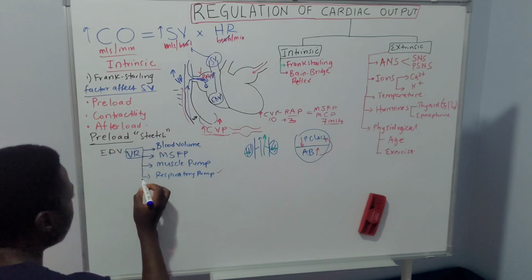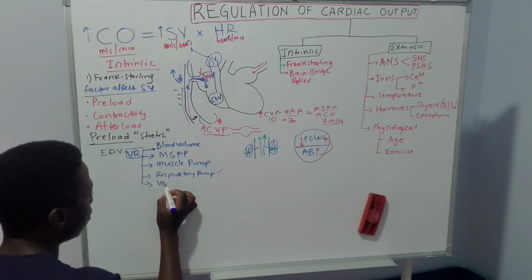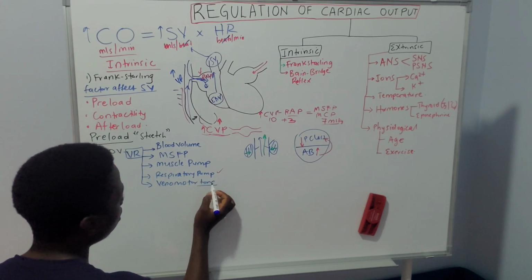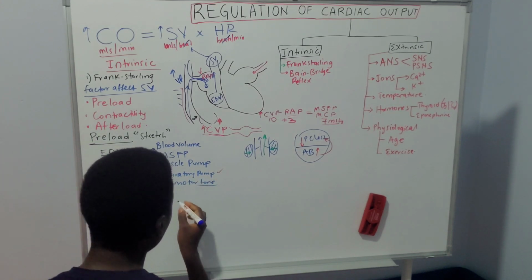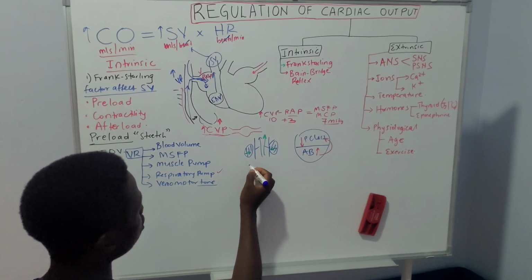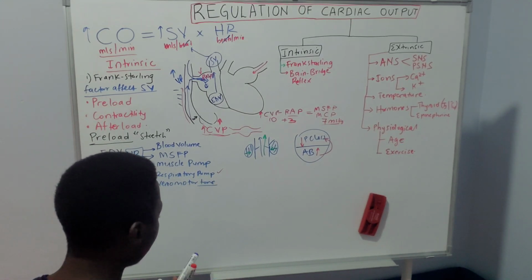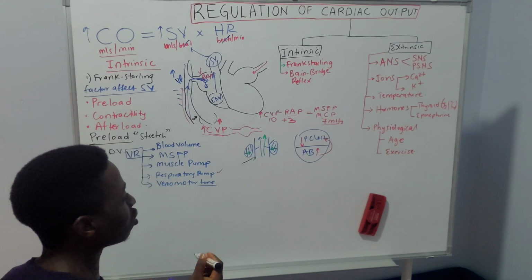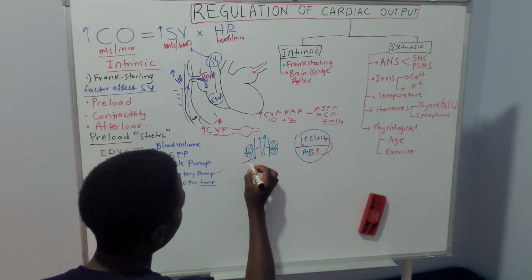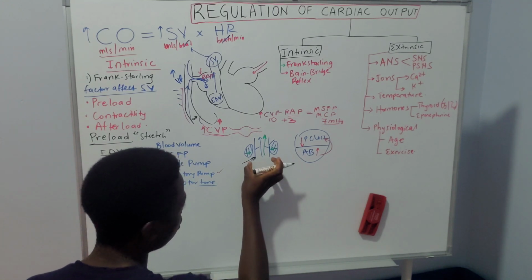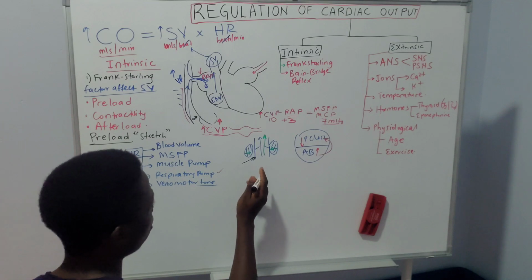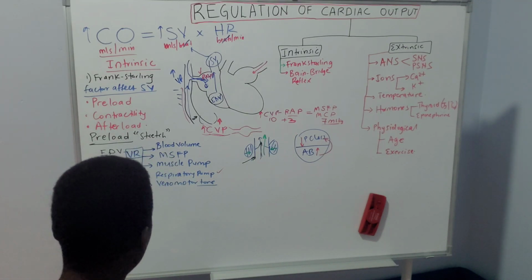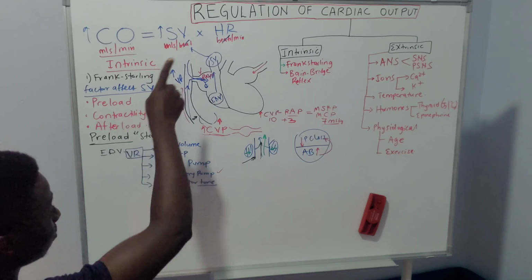But we also have another contribution. We have what we call the venomotor tone, okay? So this venomotor tone is about the smooth muscle, or venoconstriction. Venoconstriction is about the activity of the sympathetics onto the smooth muscle wall of the vessels. So sympathetic innervation causes contraction of this smooth muscle wall, thereby aiding venous return. So that is also very, very important. So these factors can actually aid